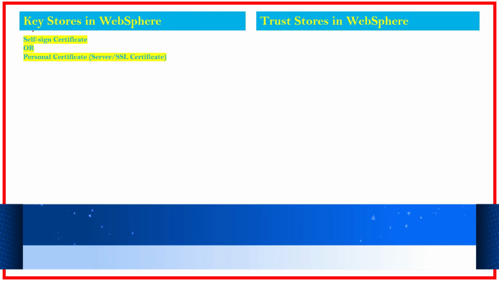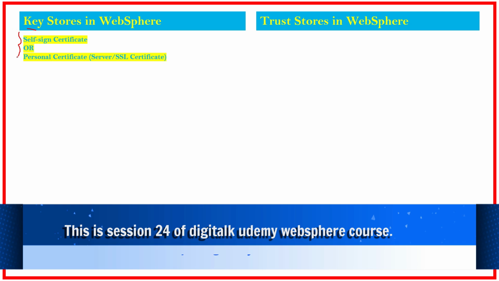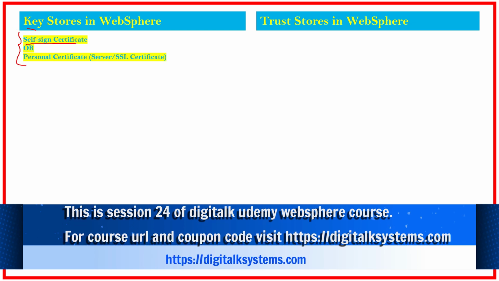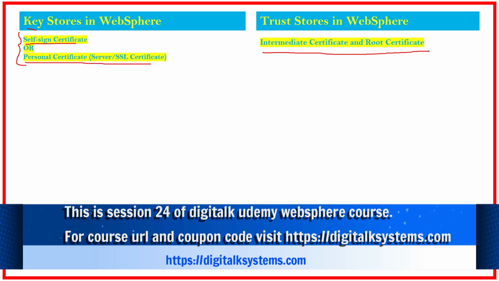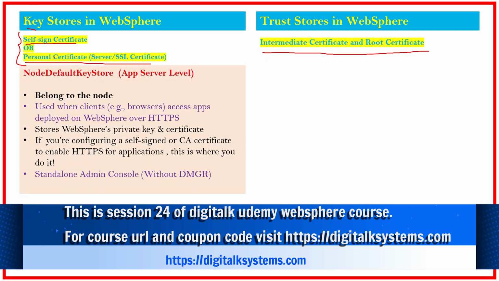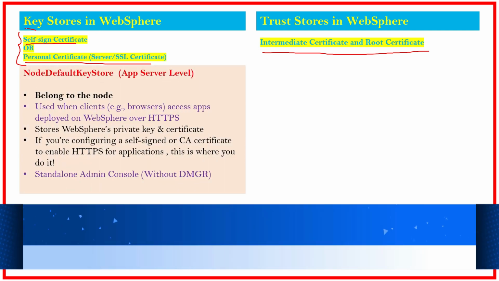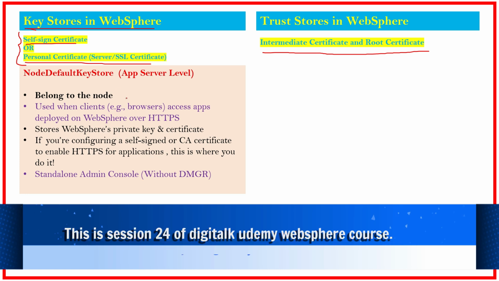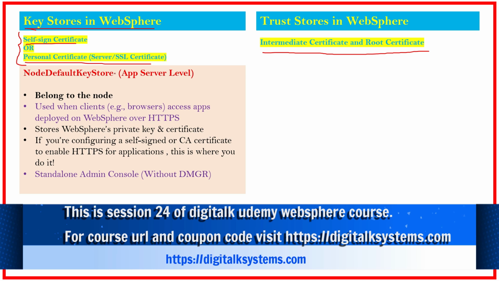So first, key store, which is specifically where we configure our self-signed certificate or maybe the personal certificate, which is the main certificate. And second, trust store, where we configure the intermediate and root certificate, right? So to configure your WebSphere, or specifically we can say for the application. So if you have some application which is deployed in WebSphere, and for your applications you would like to configure